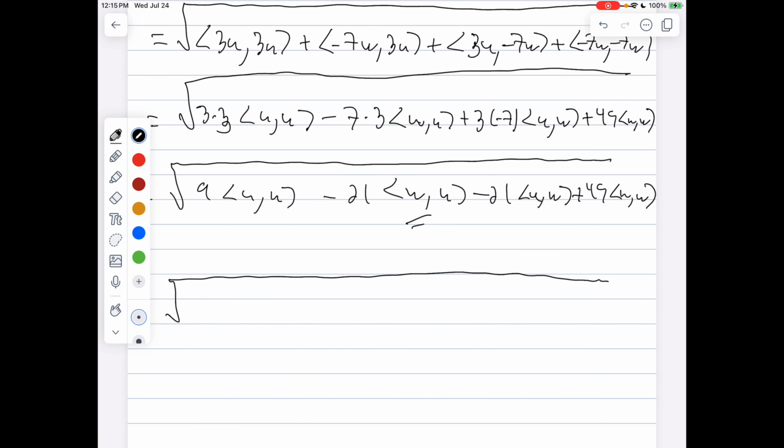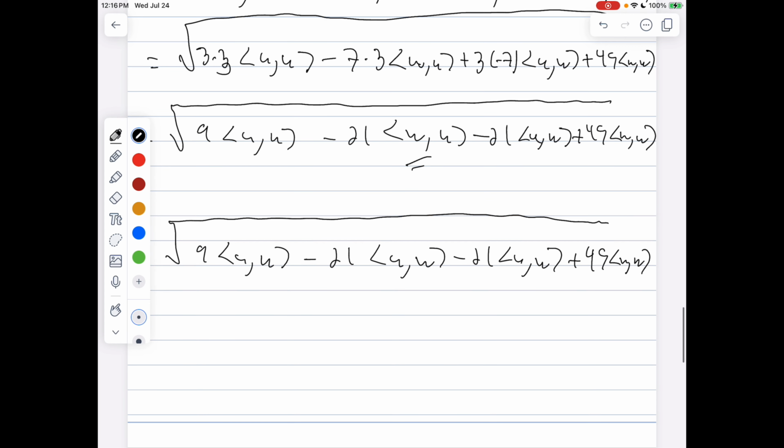So this would be 9 uu minus 21 uw minus 21 uw plus 49 ww, and you would get